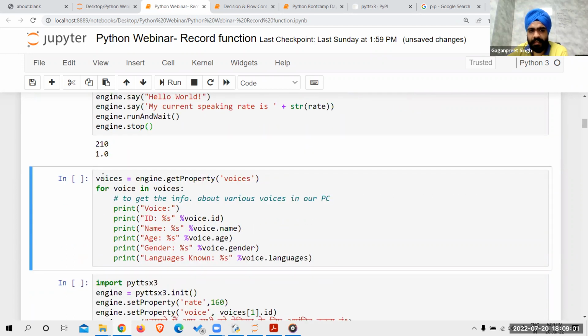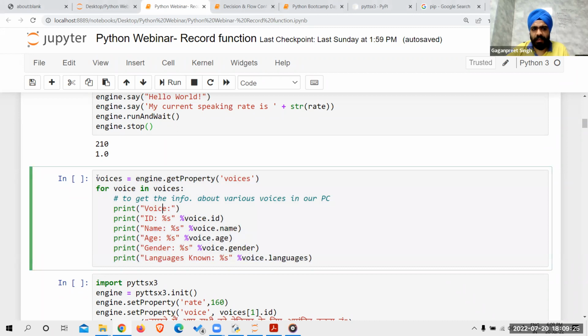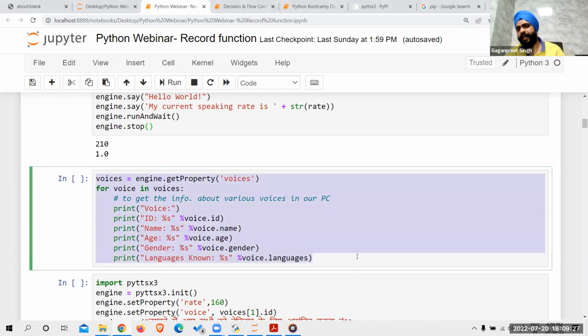Then basically, this is another code that is not available there. You can copy this. Yes, you can create an MP3 file using pyttsx3, but it is of no use to have an MP3 in this case, because we need to convert a lot of on-the-fly commands, so we cannot save these files again and again. This code will help you find how many voices are available in your computer system. So if I run this,